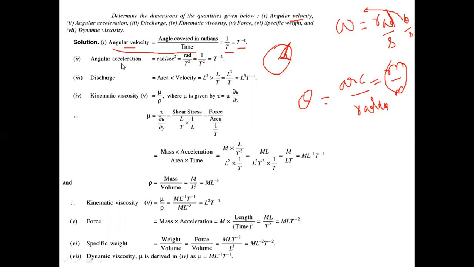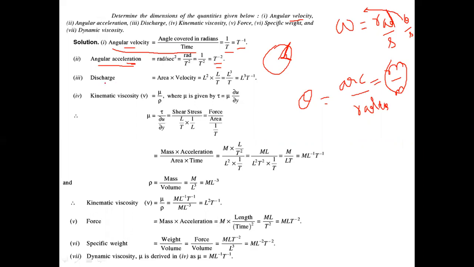Okay. Similarly, the next example is also angular acceleration. The definition of angular acceleration is radian per second square. Like angular velocity was radian per second, acceleration is radian per second square. Radian is also a change in angle, so it is dimensionless, 1. Per second square means T square, so it will be T to the power minus 2. So this is the conversion of the derived dimension, angular acceleration, into fundamental dimension. Fine. We have converted the derived dimension into fundamental dimension.